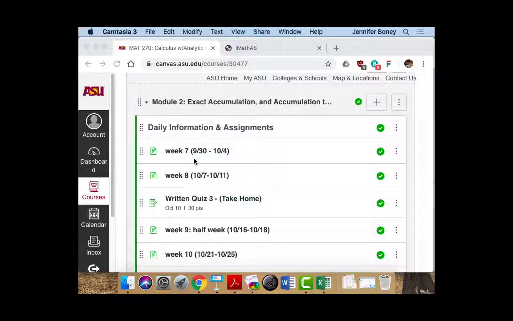If you want to kind of look at what we were doing back then, this was the tail end of September, beginning of October. So whatever that makes, about 6 weeks ago. And we started looking at how to use integral notation to express, even though we didn't do too much with it at the time, how to express exact accumulation by imagining not just small intervals of width delta x, but infinitesimally small intervals,